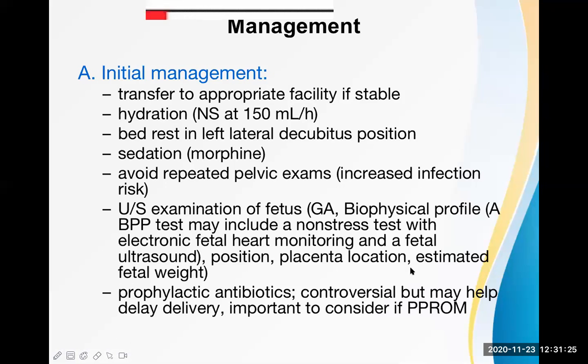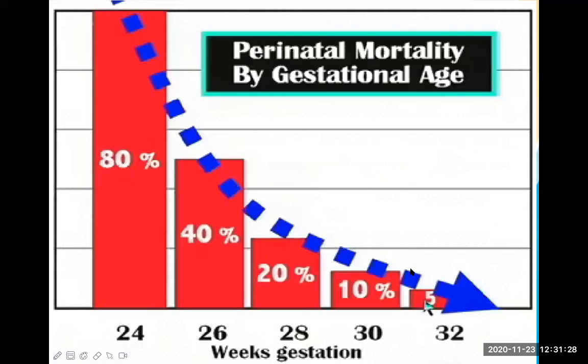Now see here. What can happen to the baby because of this preterm labor? We already talked about this. Let's consolidate our knowledge by looking at this graph. See this: 24 weeks gestation, 26 weeks, 28, 30, and 32. Look at the percentage of mortality here. If delivery occurs prior to 24 weeks, there is an 80% chance of mortality. And when we move towards 32 weeks, the mortality rate drops to even less than 5%.